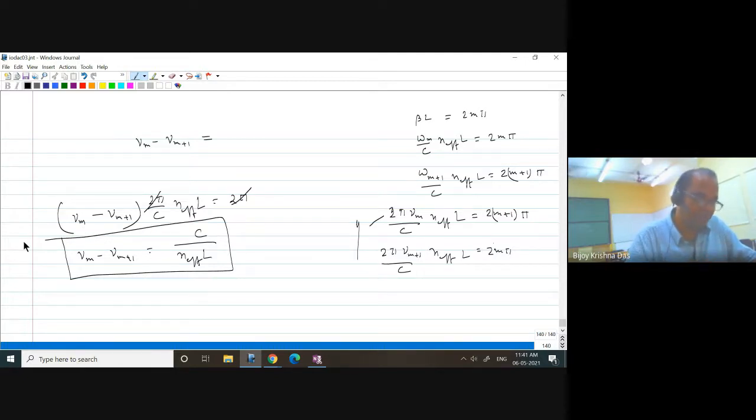So in this case, if I look at the separation in the frequency domain, it is actually frequency independent, unlike wavelength. So if I plot with the x-axis as nu instead of lambda, and the output on the y-axis, we'll have one drop here, then another drop here, then another drop. So that will be regular spacing.